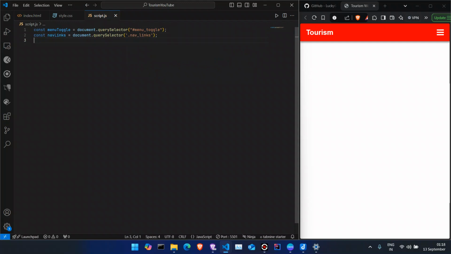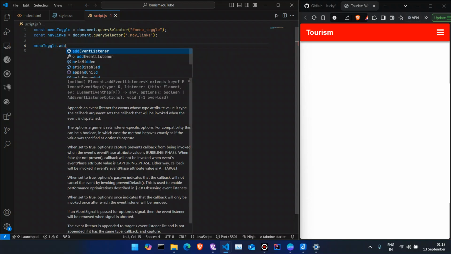Navlinks. Okay, so this is how we use DOM manipulation actually. So query selector, inside this query selector, you can add hashtag for selecting by ID, you can add dot for selecting by classes. So since we have selected that element, I will add a listener, menu toggle dot add event listener